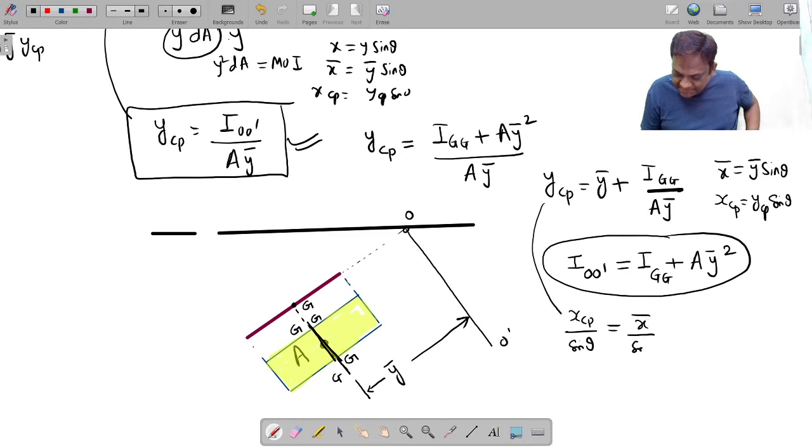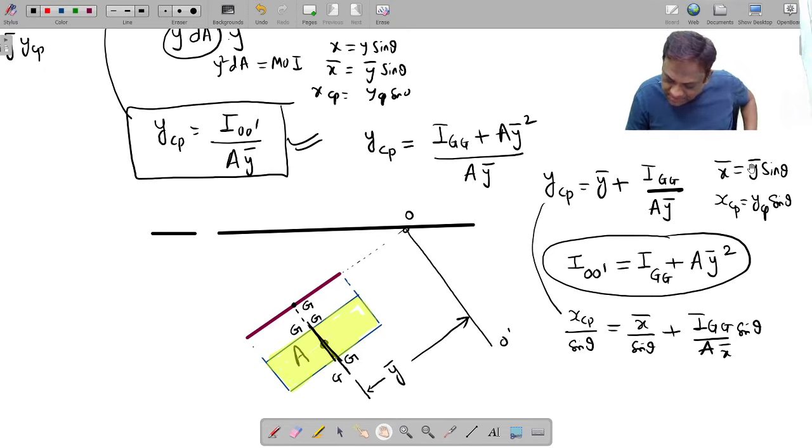X bar by sin theta plus IG by A. What is y bar? Y bar is x bar by sin theta. That sin theta will go to the top, so I have written y bar as x bar by sin theta. So therefore, now